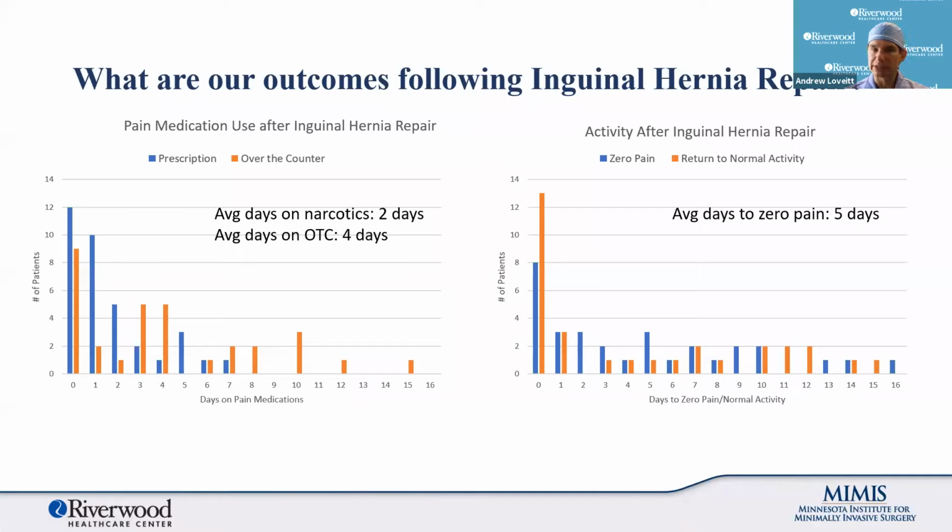And even those patients only need that on average for about 4 days, with a very good majority of them really not even using it at all. If you look on the right side of the page, you'll see return to activity after inguinal hernia repair and pain scores after inguinal hernia repair. Again, you'll see days to zero pain in the blue,